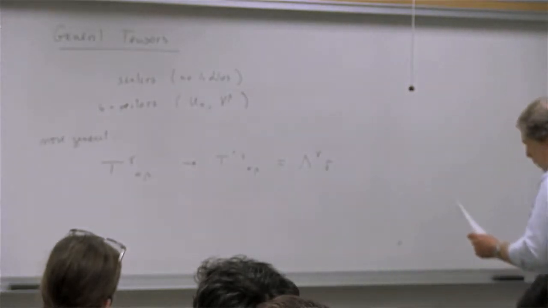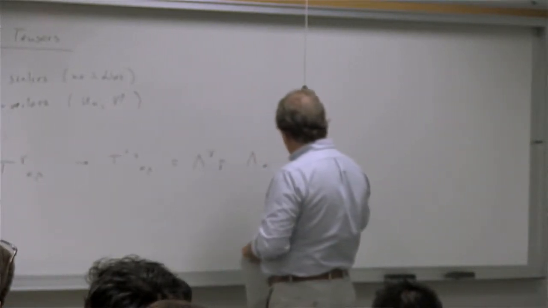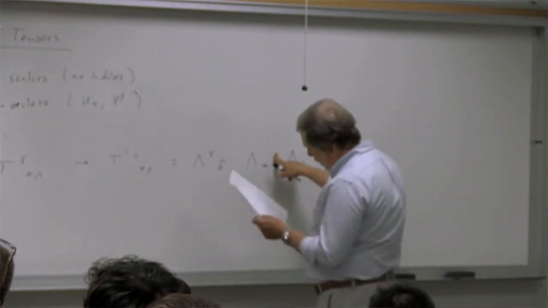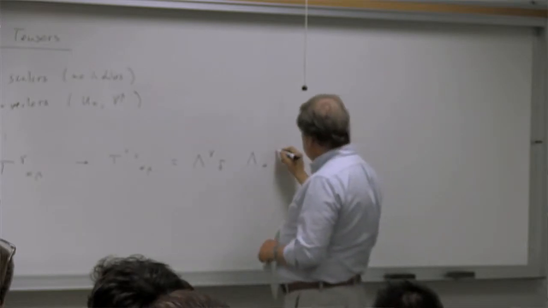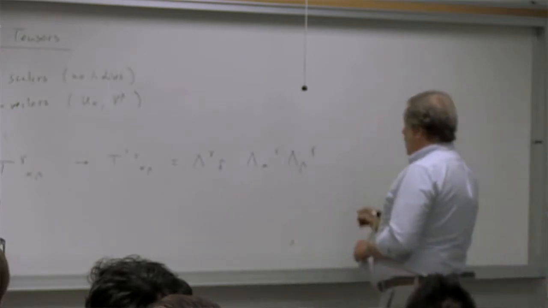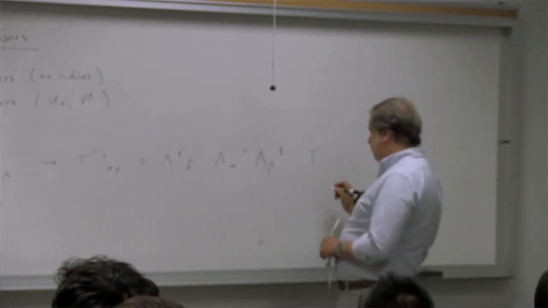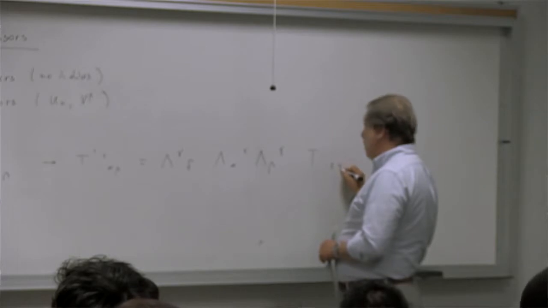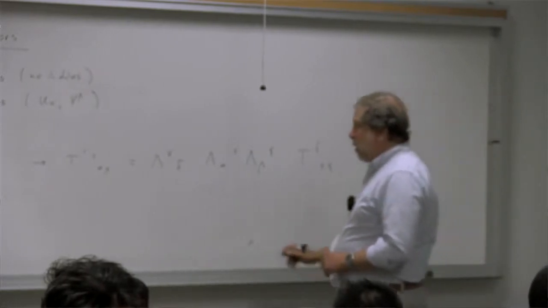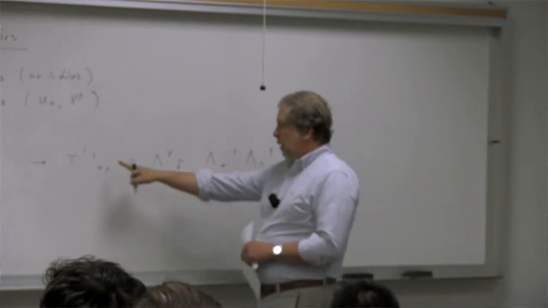For the first index, and then lambda alpha and lambda beta for the second two indices, with some other dummy index which we're going to call epsilon and psi here, times the original tensor which has an epsilon and xi here, and it has a delta up there. So that means that this particular tensor is contravariant in the gamma index, in the index upstairs, and